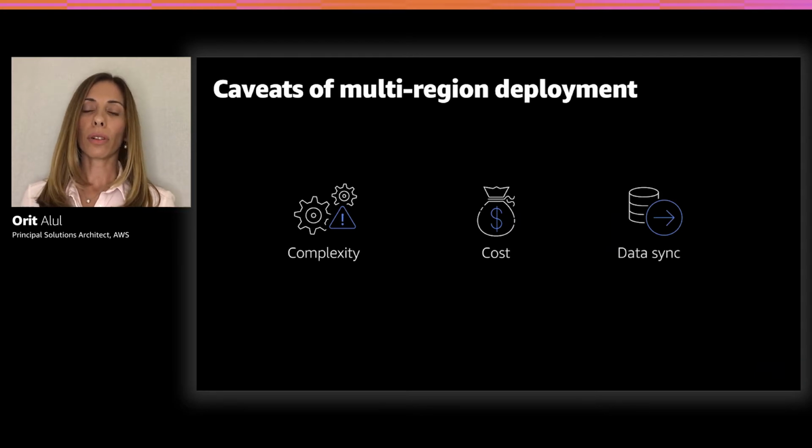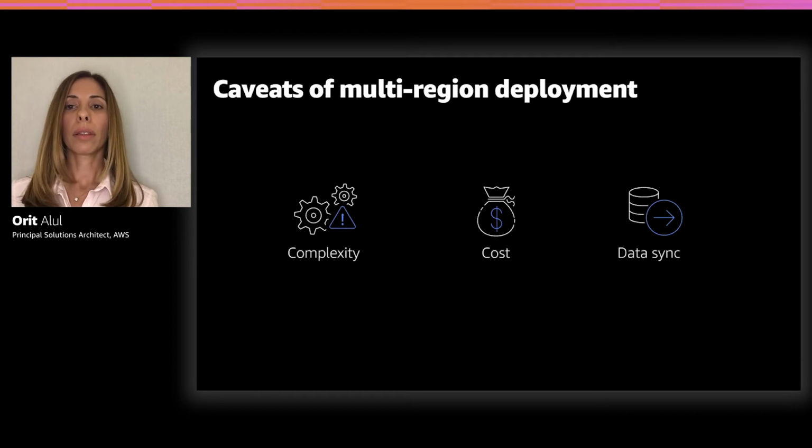Let's talk about data synchronization. When we build our applications in a single region over multiple availability zones, we build stateless services that rely on databases such as Amazon DynamoDB, Amazon Aurora, and many other databases to replicate data seamlessly across availability zones. This enables horizontal scale and high availability. We would like to maintain this approach across regions as well, but we are bounded by the inter-region latency.